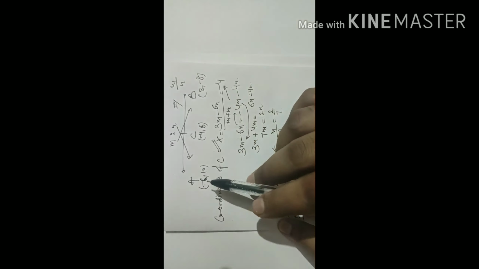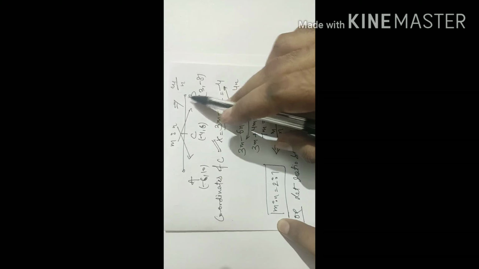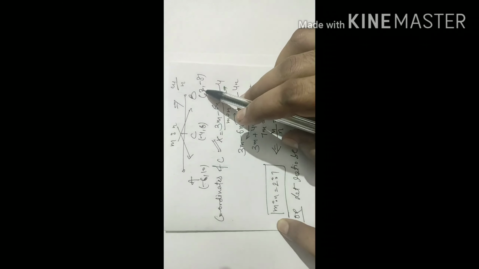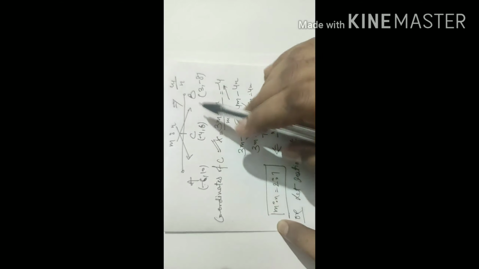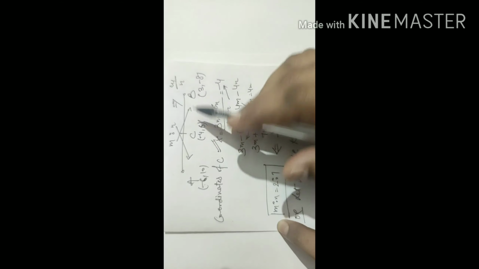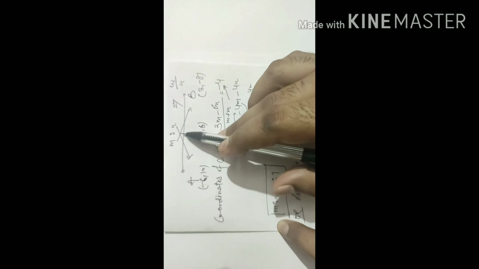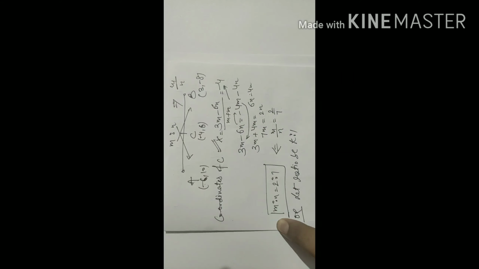Look at the example. Let A be a point with coordinates minus 6, 10, and B be another point with coordinates 3, minus 8. C is a point which lies in between A and B, given by minus 4, 6. We have to find in what ratio C divides AB, in which AC is the left side part and BC is the right side part. Let the ratio be m:n.